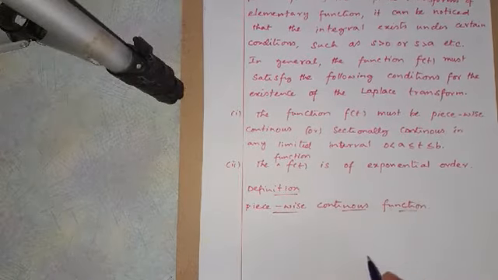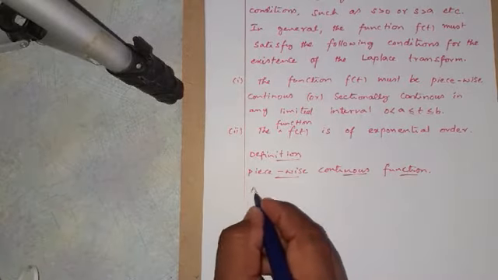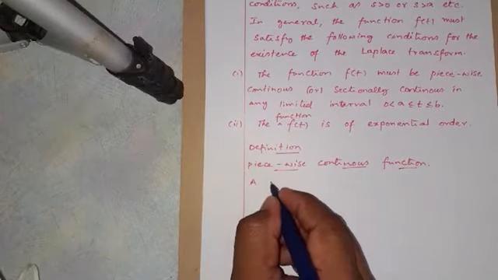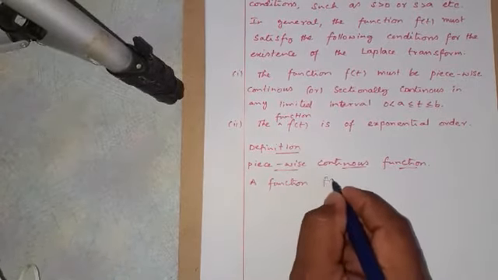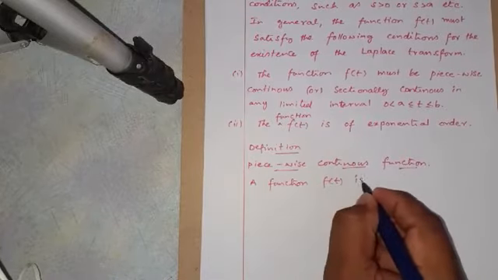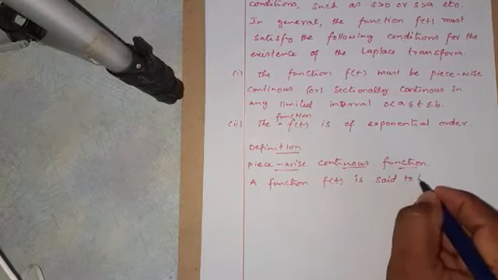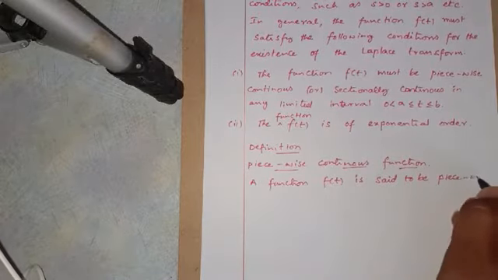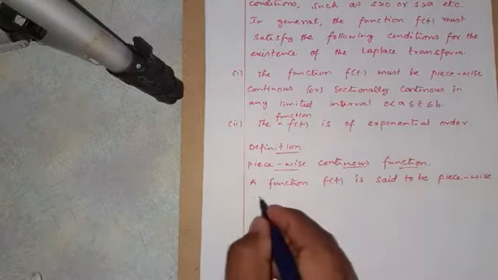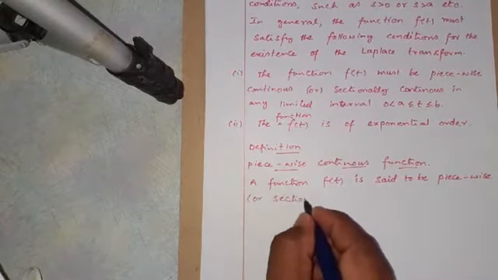When you say a function is piecewise continuous, here we write: a function f of t is said to be piecewise, or in brackets sectionally, continuous